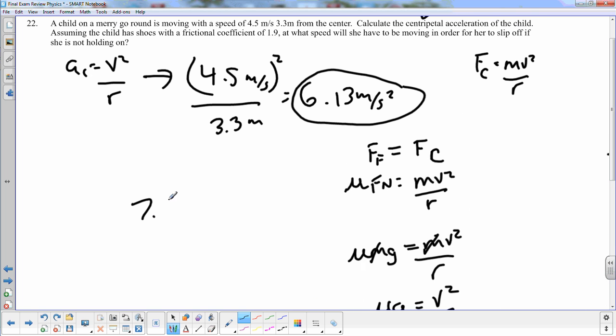And the shoes are the only things that are giving us friction, and that friction is what's going to make her go in a circle. So that FF equals FC. The big deal is at what point, and we all know this, at what point does friction let go? And you can look at it with car tires, you can look at it with a lot of things. So this is actually a really important concept. FF equaling FC, and you can figure out at what point you have more need for centripetal force than friction